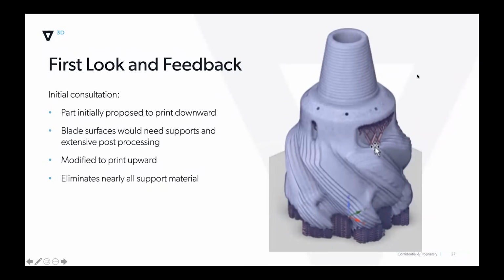Getting back to the design and how we approached it, what we saw, and what we fed back to Rashik and team, initially was brought to us in this orientation, printing the business end of the bit down towards the plate, which isn't necessarily a bad thing to do. It concentrates the larger sections of the part down towards the plate. But getting back to trying to preserve the design intent, you end up having to support a large amount of area on the bottom of that part, and you lose a lot of the complex geometry that is built into the additive component,